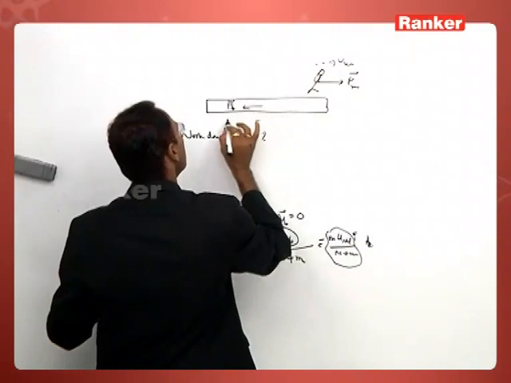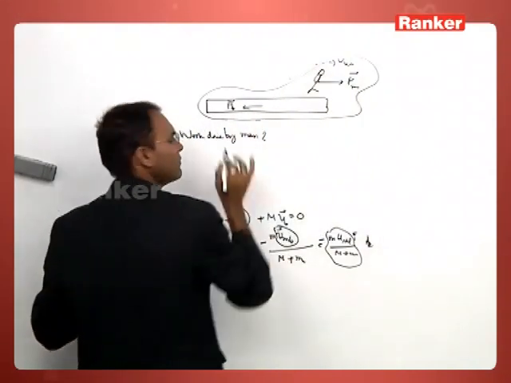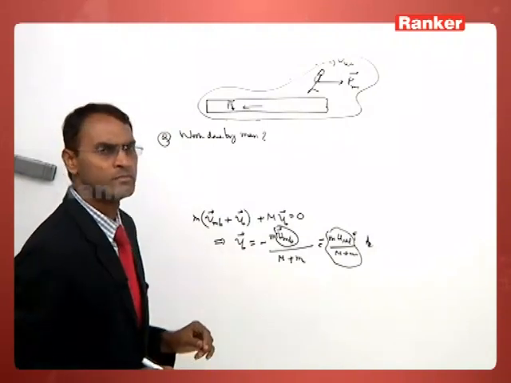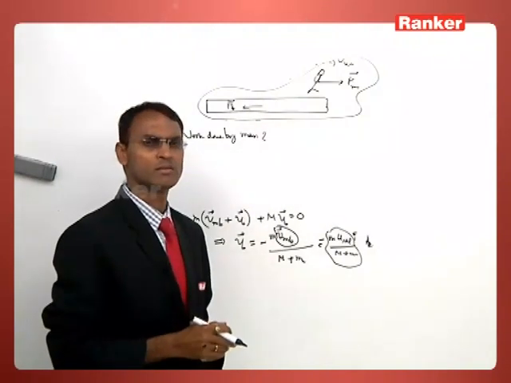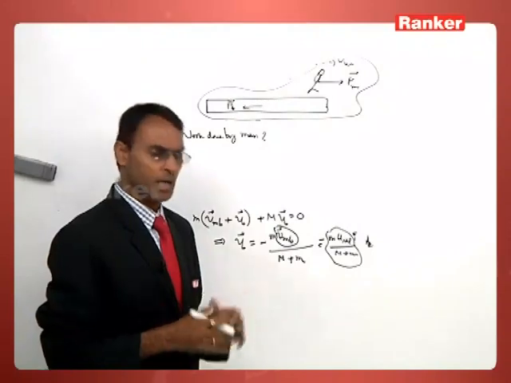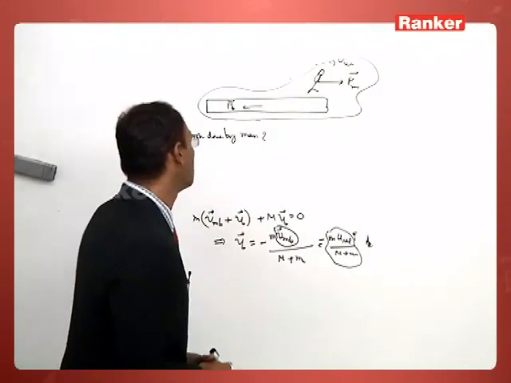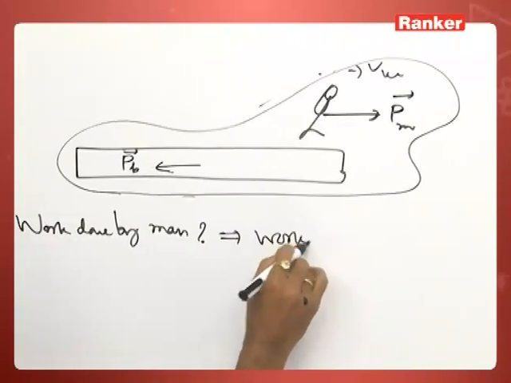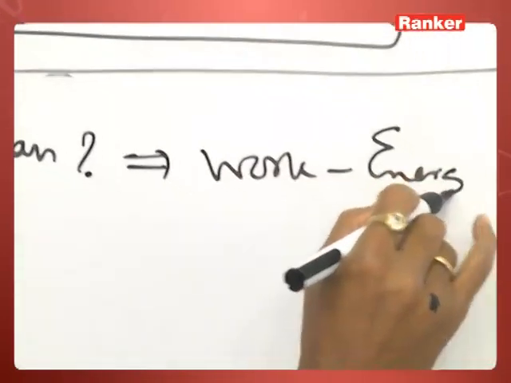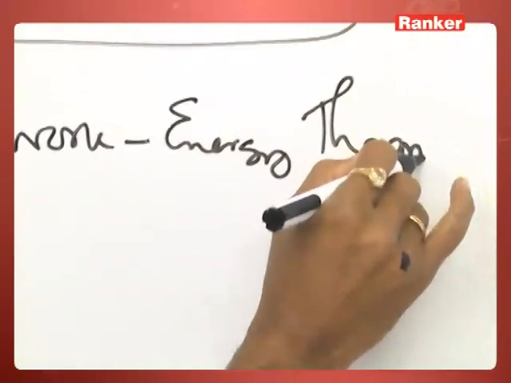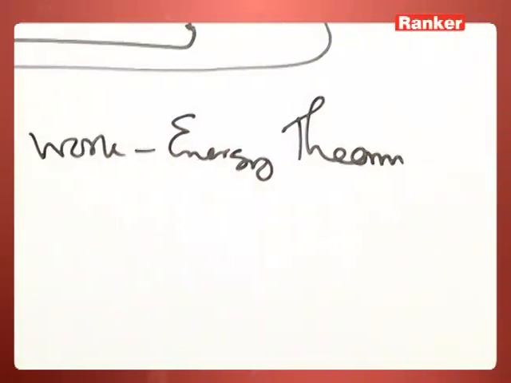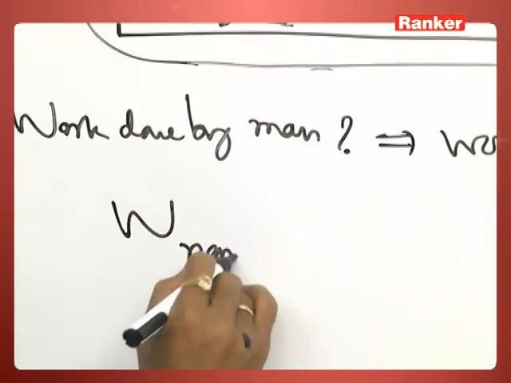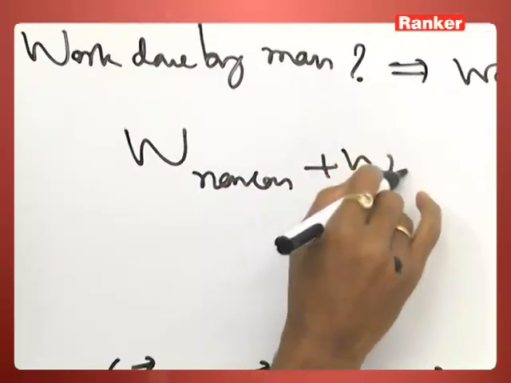this system is not a conservative system. When you are jumping, you are losing energy, and our body is not a conservative system. Therefore, we need to apply the work energy theorem for a system of particles, which states that work done by the non-conservative force plus work done by the conservative